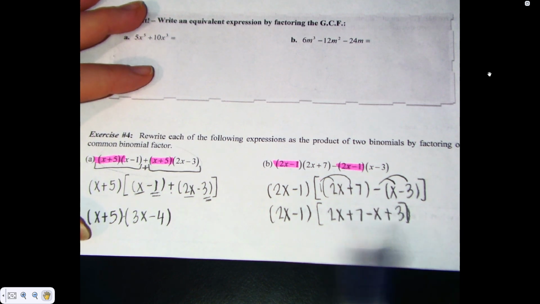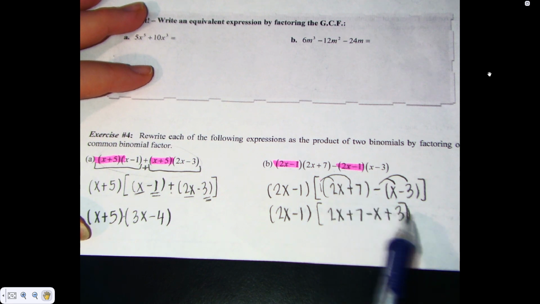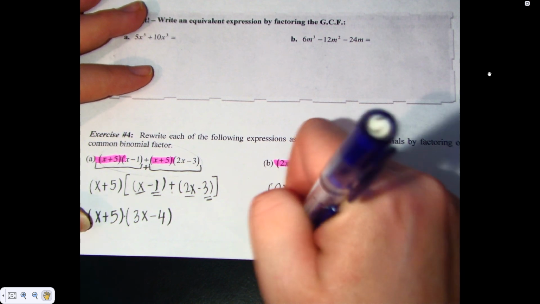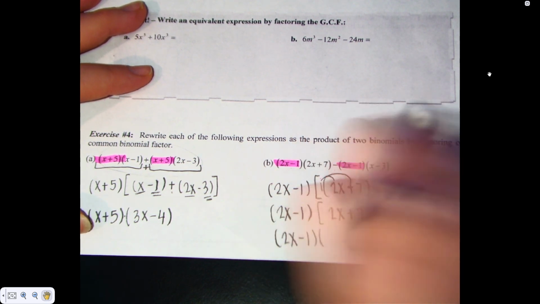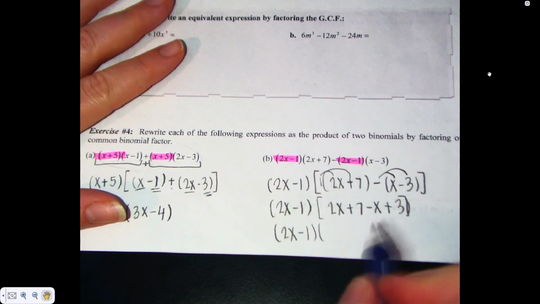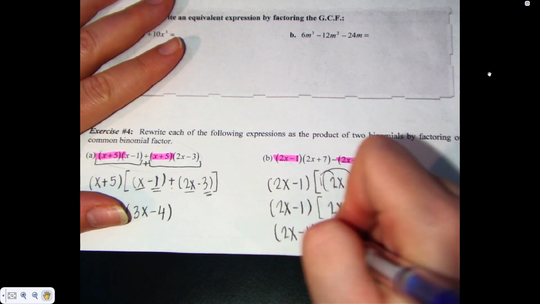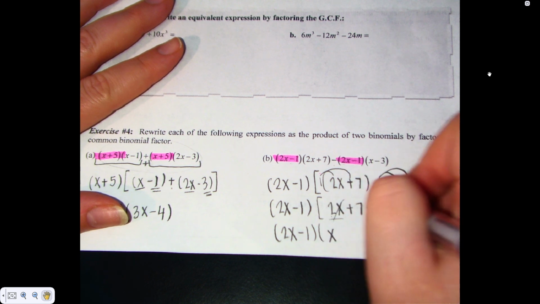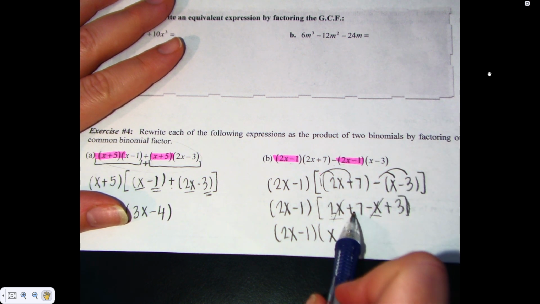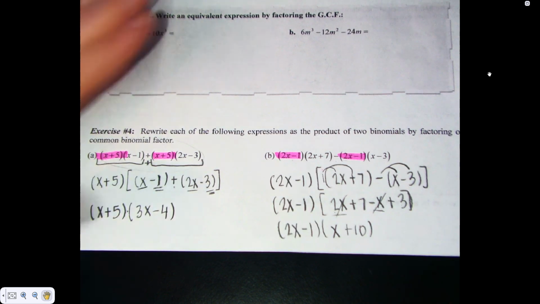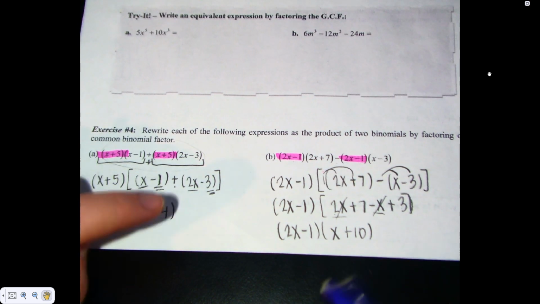Okay, but this is not a binomial. This is a polynomial because I have lots of terms here. So I'm going to simplify into a binomial by combining like terms. So I get 2x minus x. So 2 minus 1 is just x. Okay. And then 7 plus 3 is 10. And that is it. It's a product of two